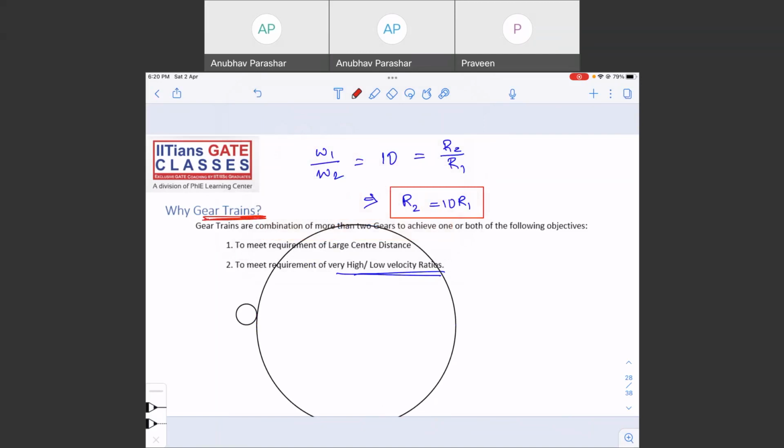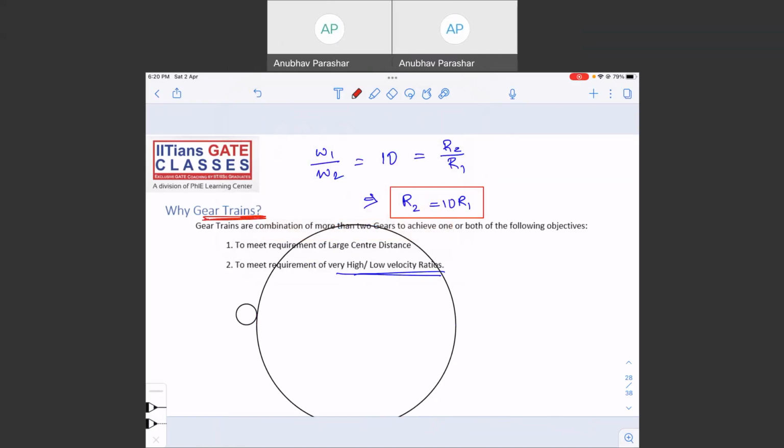Otherwise, there is an option. What option is there? For very, very high velocity ratios,